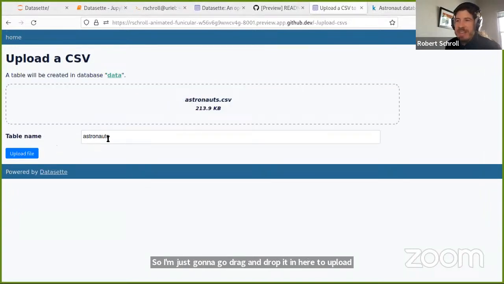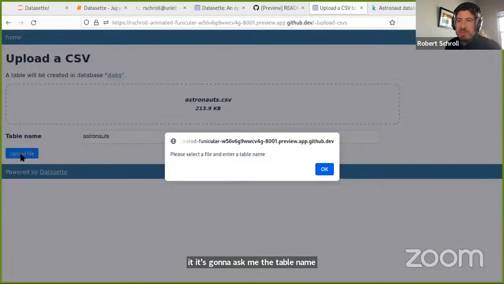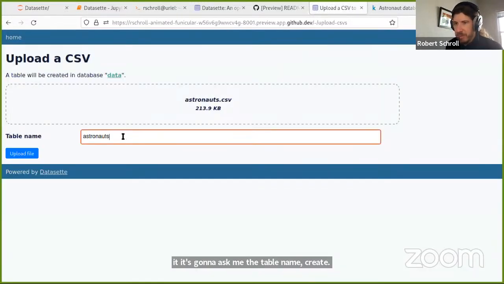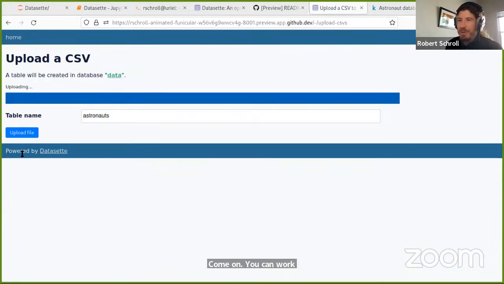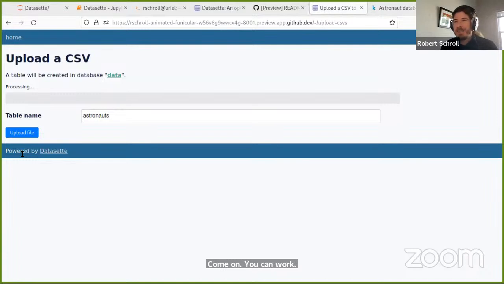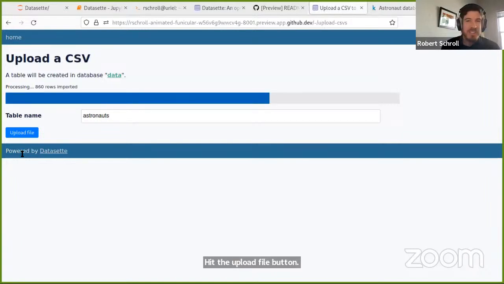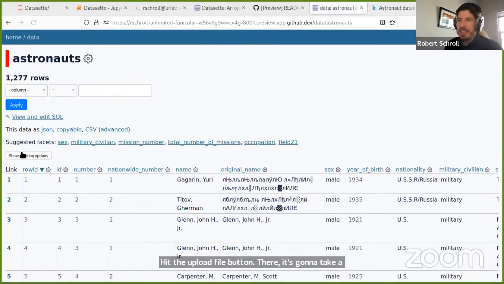It's going to ask me the table name to create, but astronaut seems good. Hit the upload file button there. It's going to take a little while to load that in, process all of the data. And now that CSV file has been loaded up for us to interface with here.